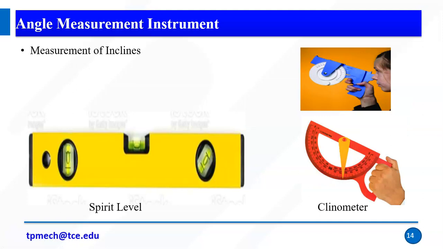The third is the measurement of inclines. One is a spirit level, another one is a clinometer. Some examples. So again, the spirit level is used to inspect whether the surface is horizontal or vertical. Clinometer is used to measure the inclination. It's similar to our ordinary protractor, but we have some central part. We have one weight, right? So if you view it, the center part is always central. So we can measure the angle, otherwise we can measure the inclination.